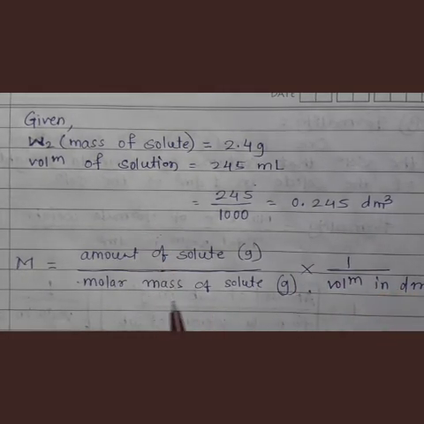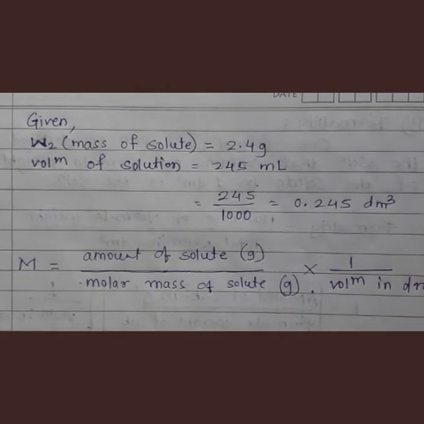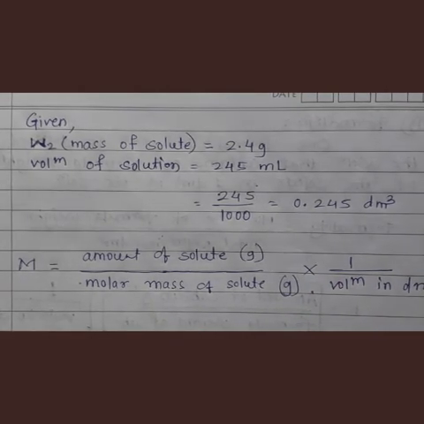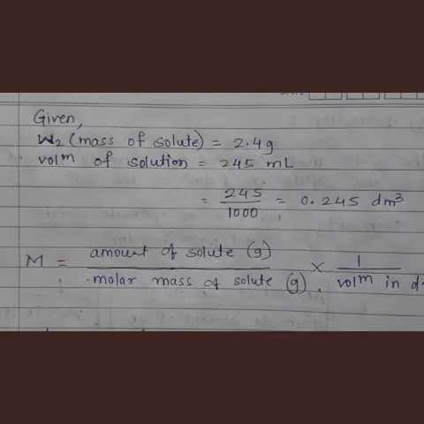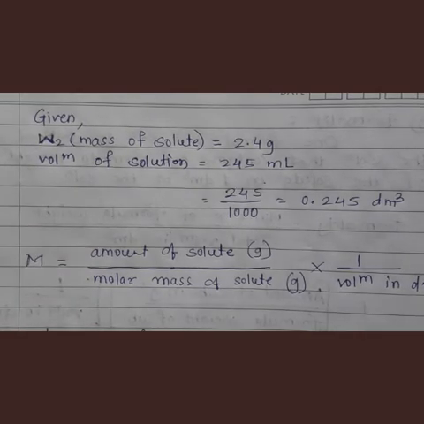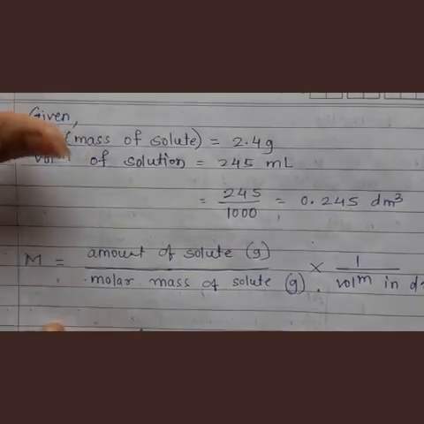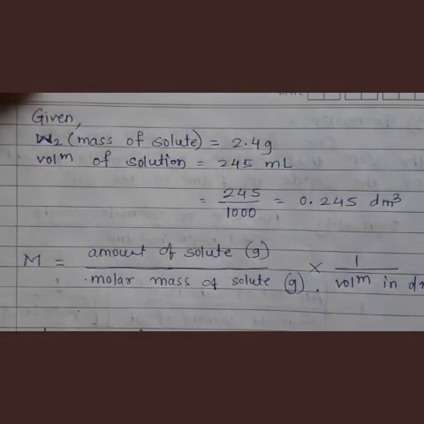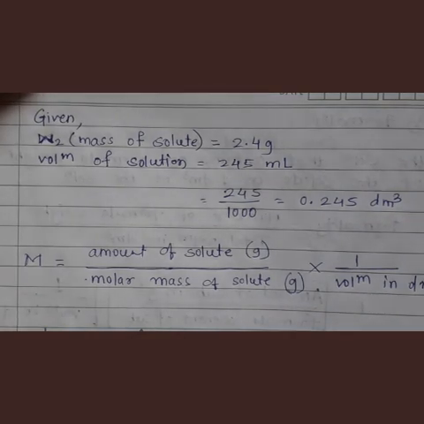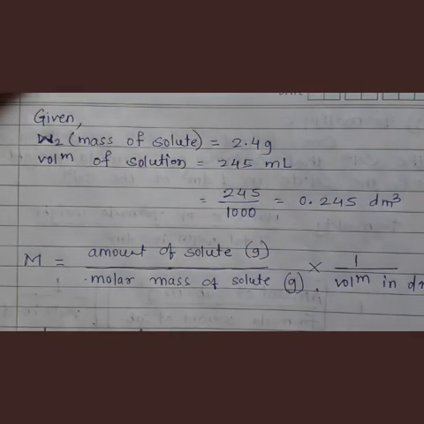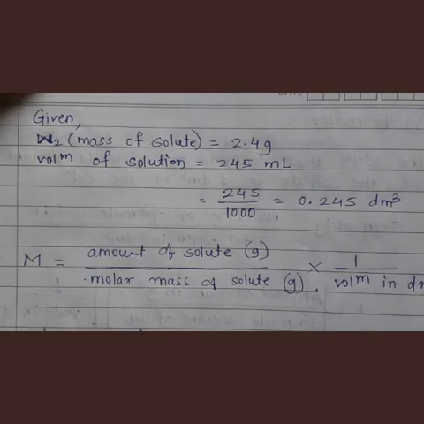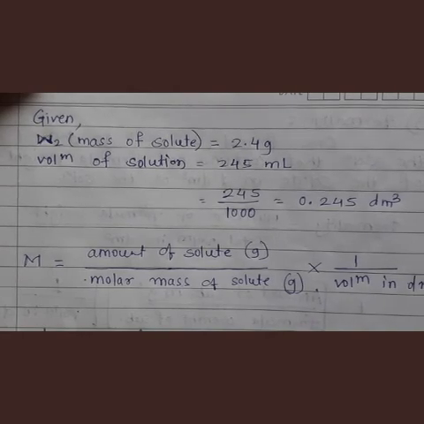But what about the molar mass? So we have to find out the molar mass of sodium carbonate. So let us do that. See here, molar mass of Na2CO3, sodium carbonate. Now how many atoms of sodium are there? 2 are there. So 2 multiplied by the mass number of sodium. You know atomic number and mass number, you have studied. So the mass number of sodium is 23. How many atoms are there? 2 are there. So 2 multiplied by 23. The mass number of one atom is 23. We have 2 atoms, so 2 multiplied by 23.